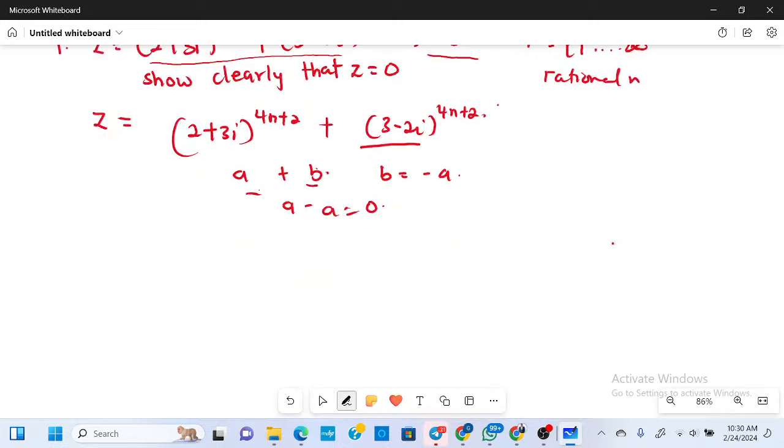So now, let me maintain the first one. I'll have 2 plus 3i to the power 4n plus 2 plus, now I'm going to express 3 minus 2i as 2 plus 3i. They should be the same before they can cancel each other to give 0. For that reason, I'm going to convert 3 minus 2i to 2 plus 3i. So I will simply do that by factorizing negative i from my